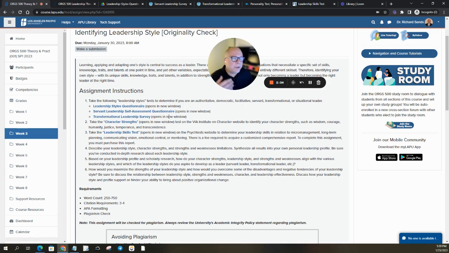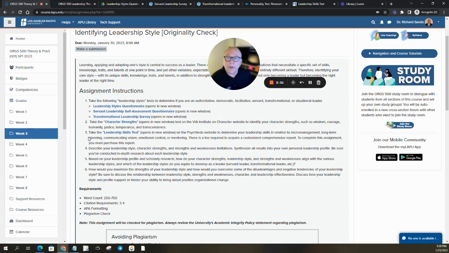And then ultimately, you'll start and complete each of those surveys. And then the second point here, take the character strength test, which again opens a new window, on the VIA Institute on Character website to identify your character strengths, such as wisdom, courage, humanity, justice, temperance, and transcendence.